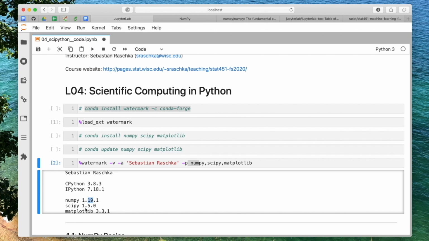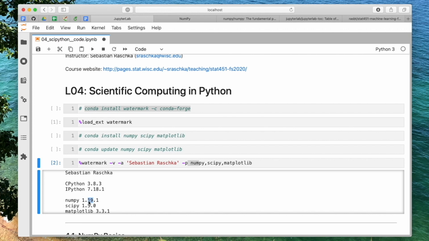In many open source projects, people count the versions as follows. The last number is usually a patch version. Let me start on the left-hand side. The left number is the major version, so this is NumPy version 1. And then this is the secondary version, which is for defining the main API. Once the API is stable, there may be some enhancements and stuff like that, and that will usually be the second version number.